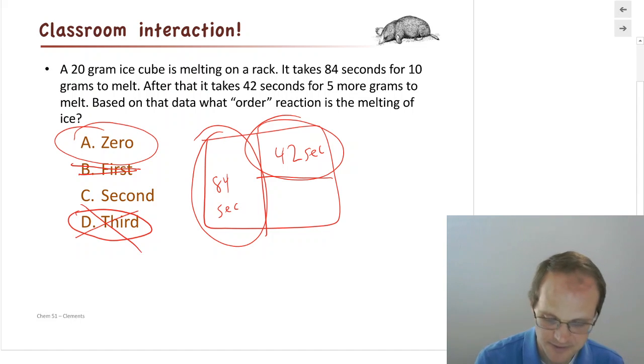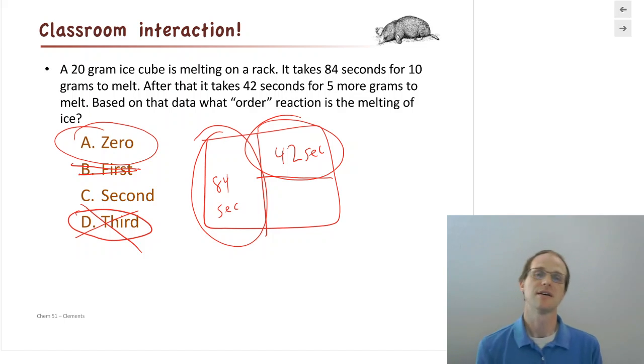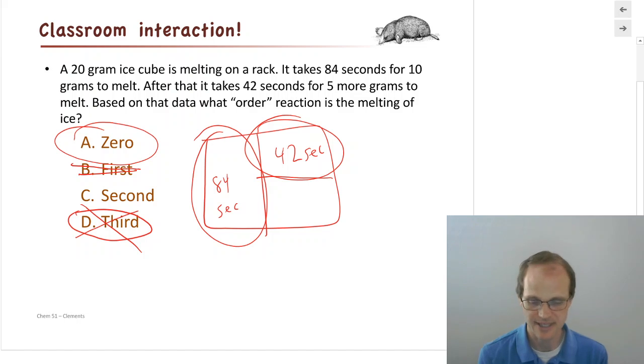So we're going to cross off that one. We didn't talk about the third order reaction. I'm never going to have you do a half-life of a third order reaction, so you don't have to worry about that one. And it does have a different form. You could imagine that in a third order reaction, the more you have, the even faster it goes. And so you'd have a very, very short half-life for the first half and a longer half-life for the second half.